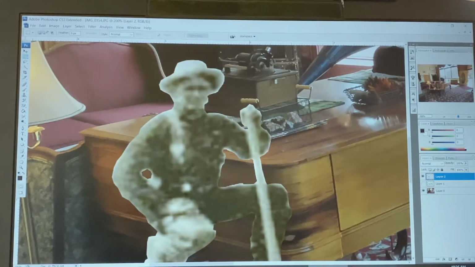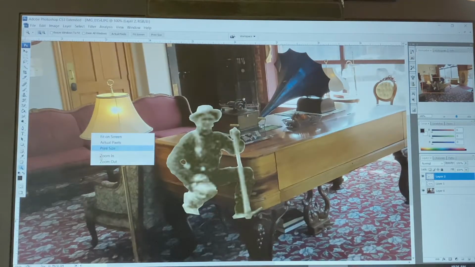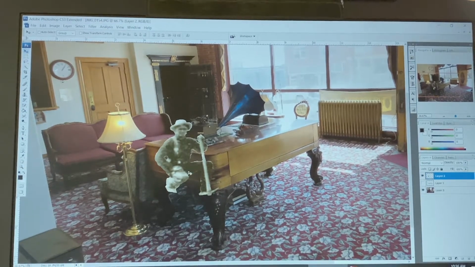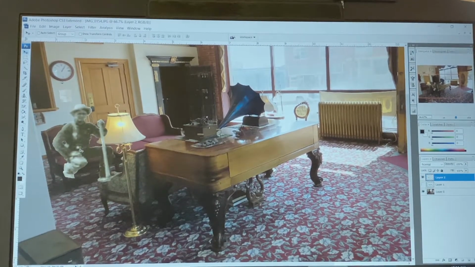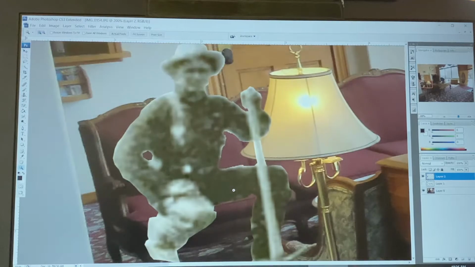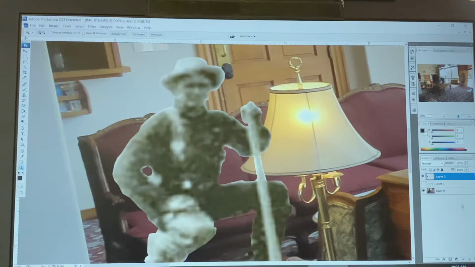Okay, so now I'm gonna zoom out. Just do this selection tool, move tool here. Let's put him over about where we want him, like that. Now, you see the edge all around him, right? And you're like, that doesn't look very good. Okay, don't waste a bunch of time going all around that and trimming it. All you gotta do, double click your layer,